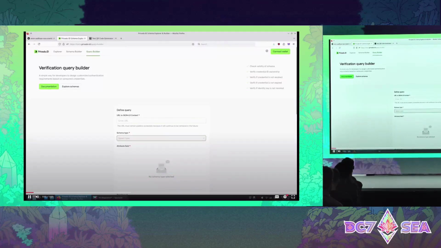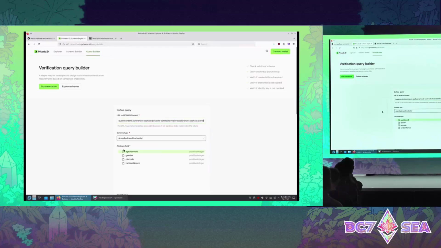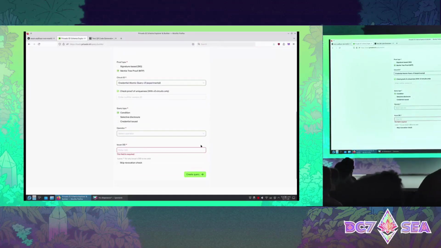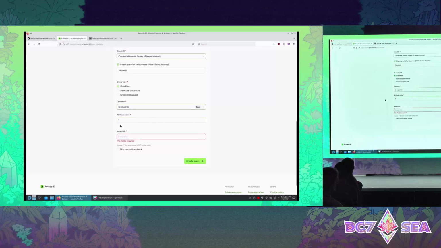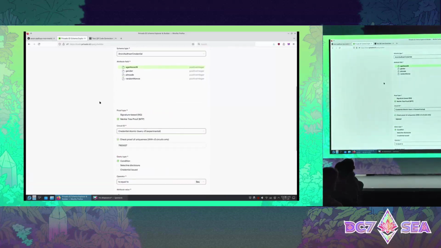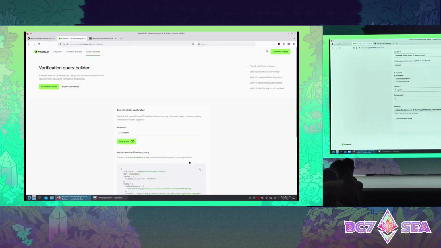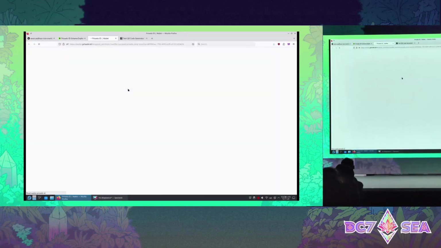And that's how you can create a query to this credential and use it, for example, for voting. So in this example, I'm creating a request to prove that you're over 18 and that you are a unique person based on Anon Aadhaar credential. I need to fill a few fields, including the identifier of the issuer. And then